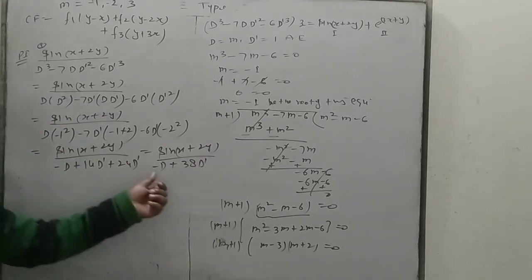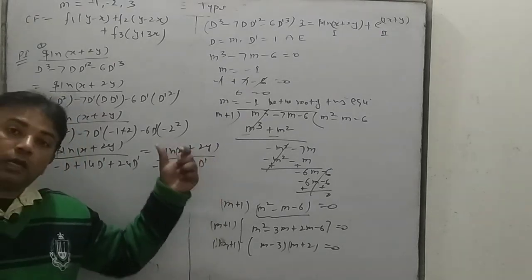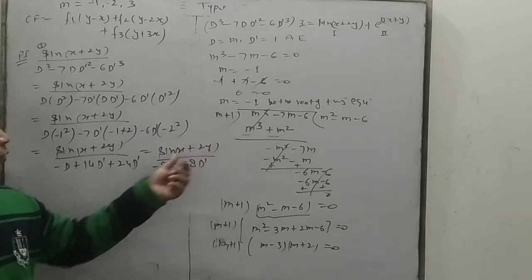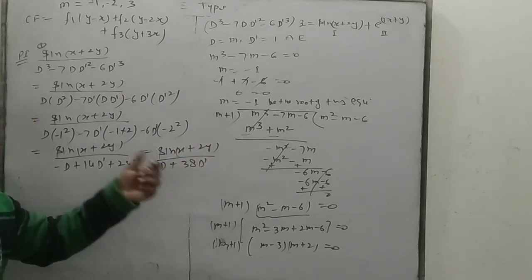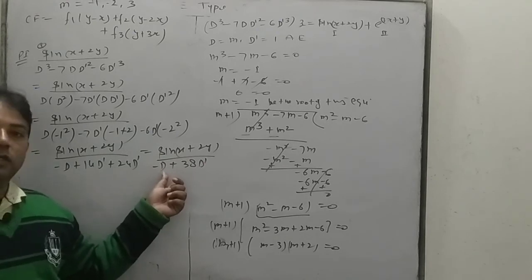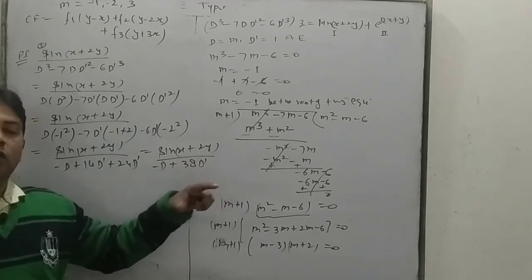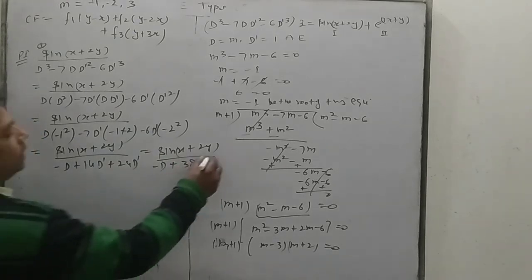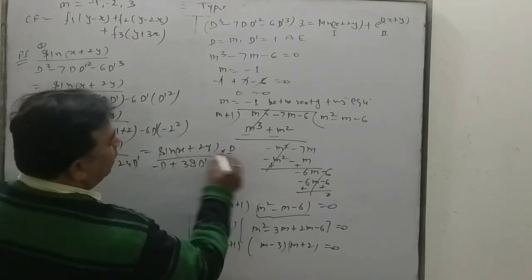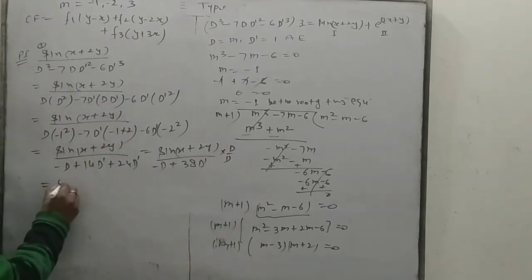We keep the values of D and D dash remaining. We are not again putting the x and y coefficient values in D and D dash. We make the form with D square and D dash square or D and D dash. Multiply the numerator and denominator by D and D. It means sin